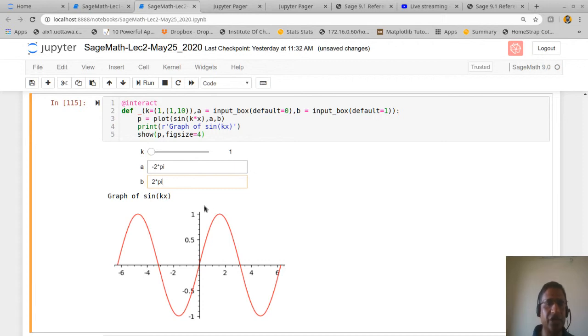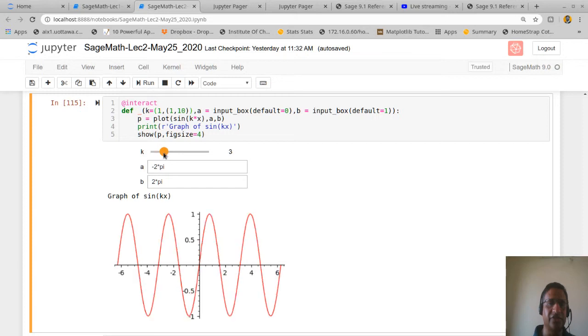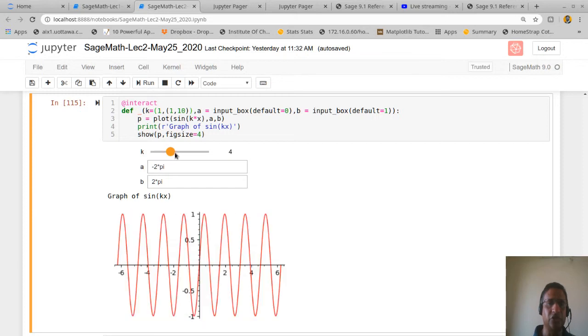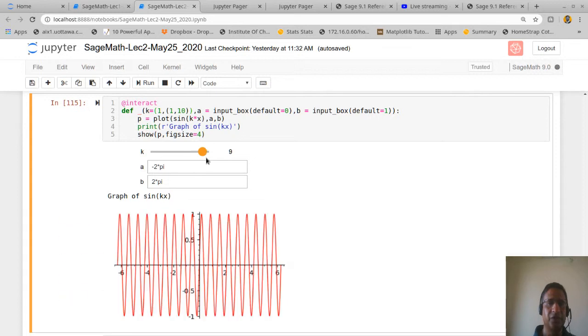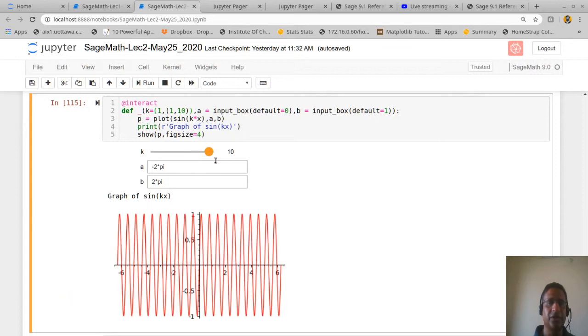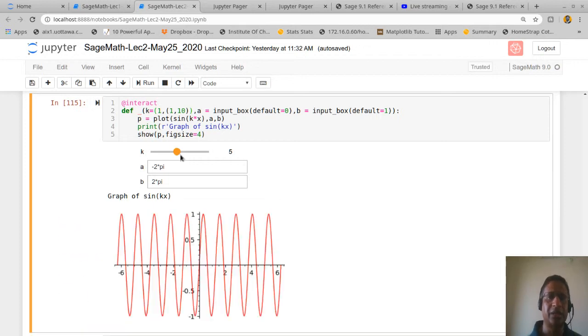And let us now change k. Suppose the k is a slider. That is how you can see here. This k is a slider. It varies from 1 to 10. You can change here. And so let us say if I change this, you can see here the graph is automatically changing. If the k increases, you can see, right? And you can put